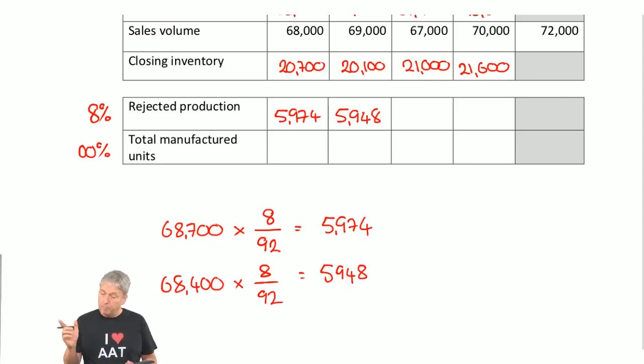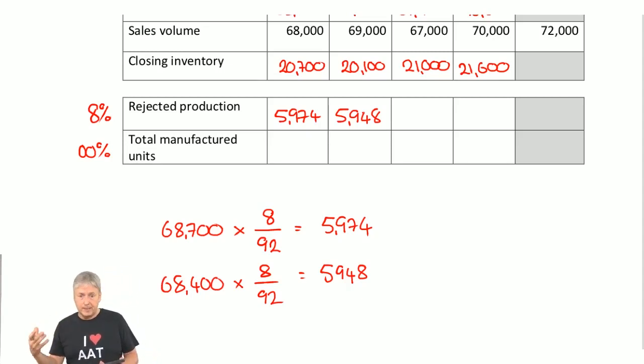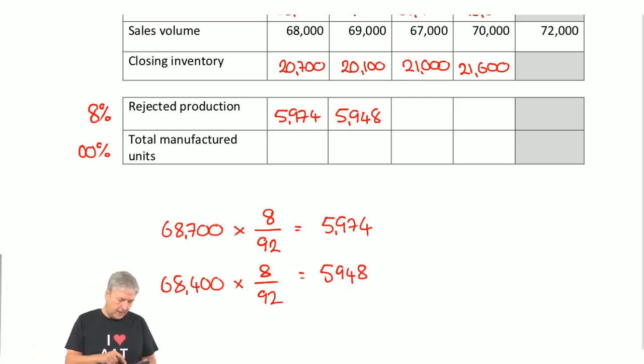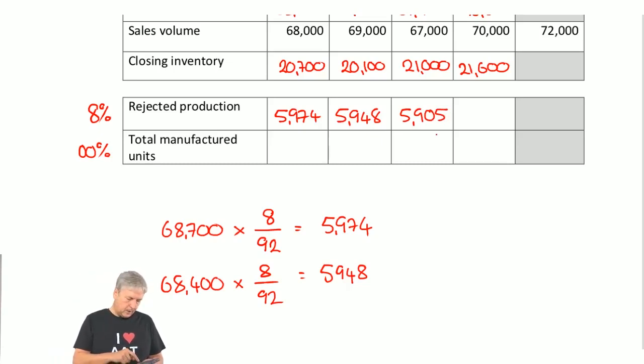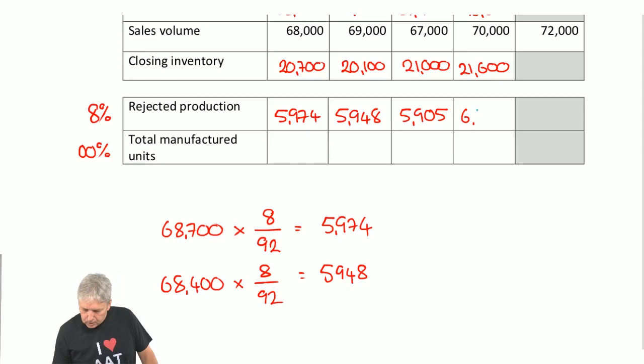67,900. Once you've done it a couple of times, you probably don't have to write it out. You can just do it. Multiplied by 8 divided by 92 comes to 5905. Yes? And 70,600 multiplied by 8 divided by 92, 6140. Now, the only criticism I have of this question is that the way everything's laid out, it's terribly